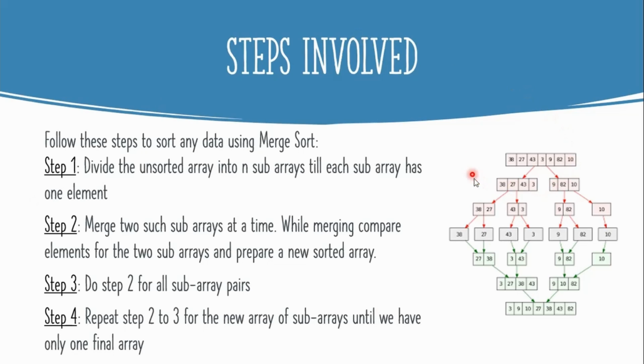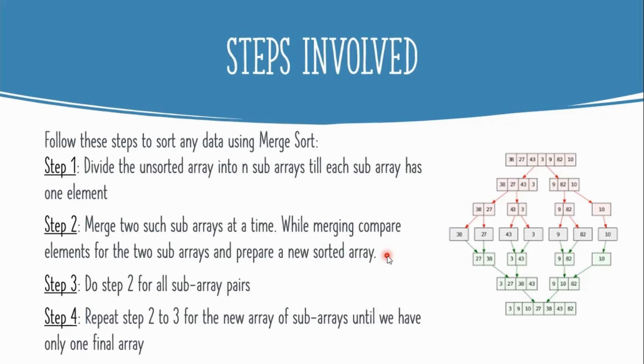As we can see in the adjacent diagram as well, the array is at first split into two subarrays, that is the left subarray and the right subarray, and those two of them are again split into two. Thus we are obtaining more subarrays, and this particular dividing process is stopped at the point where each subarray will have only one element in them.